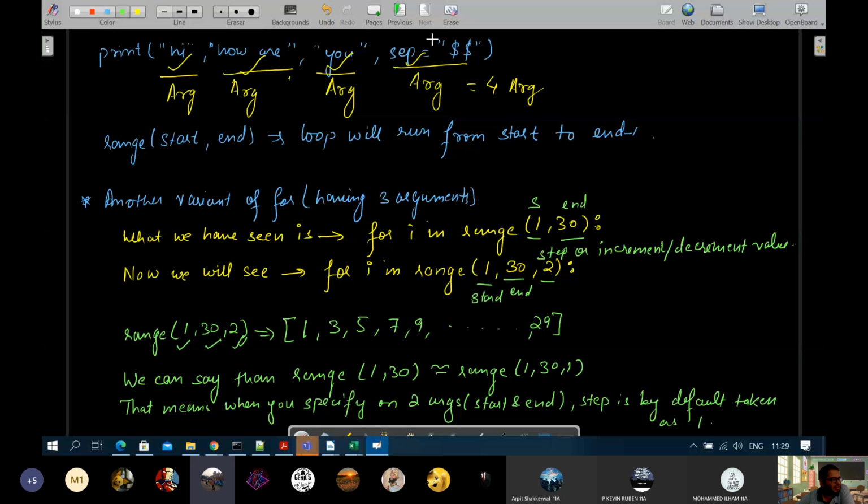Sir, space. We can say that range 1 comma 30 is almost similar as. This is one way. How to read this? इसको बोला जाता है similar to. ये मैथ्स में नहीं ऐसा ऑपरेटर यूज किया हुआ आज तक.